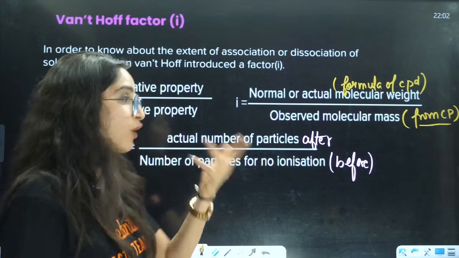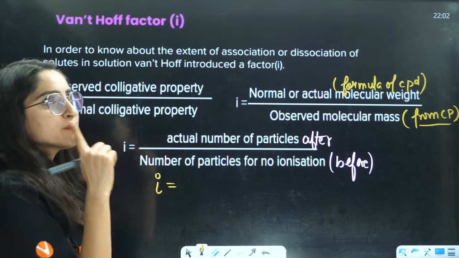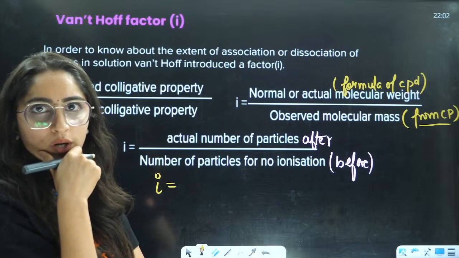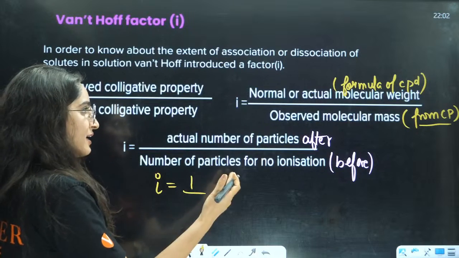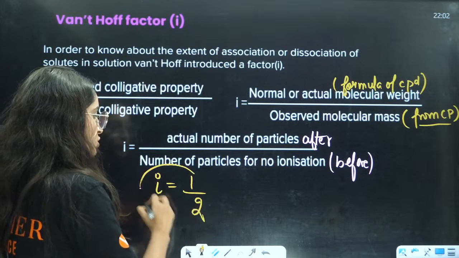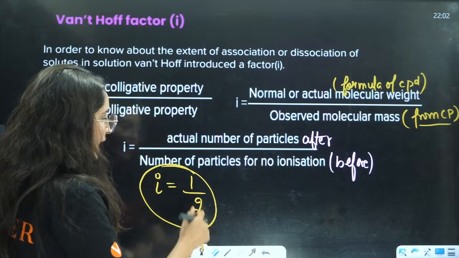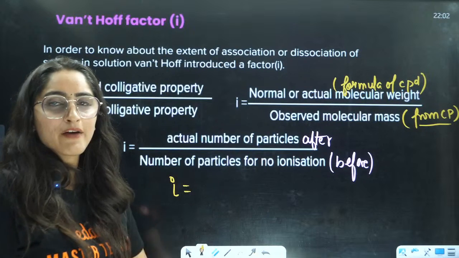Okay, understood? For example, for acetic acid, I want to know i. Normally I am thinking about one molecule, right? So normally I'll think about one molecule, but in reality it will become 2. So that is why i is equal to 1 by 2, right? That is why i is equal to 1 by 2. If I talk about i for NaCl, I will think about,